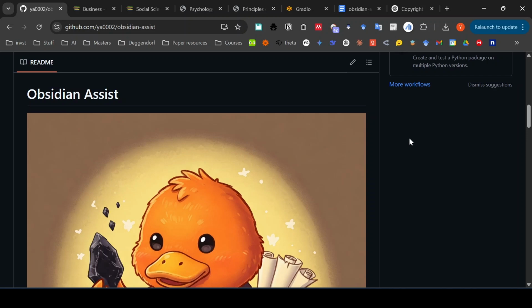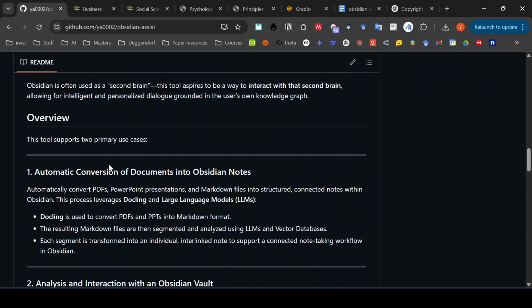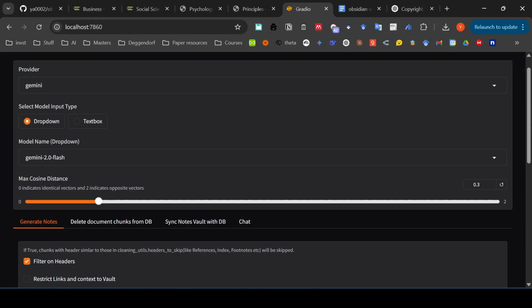This is a demo of the node generator part of the Obsidian Assist tool. If you look at the README, this is the part that we'll be demonstrating in this video. So let's jump right into it. But before we start, I would expect you to already have configured it with the Docker images that are suitable